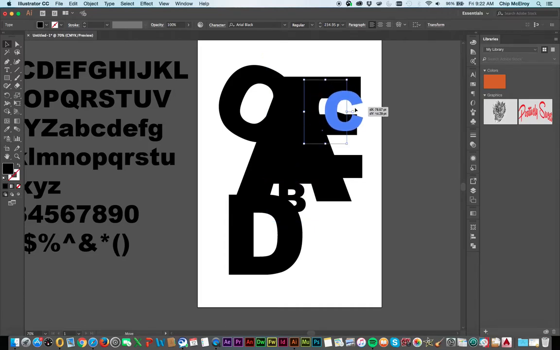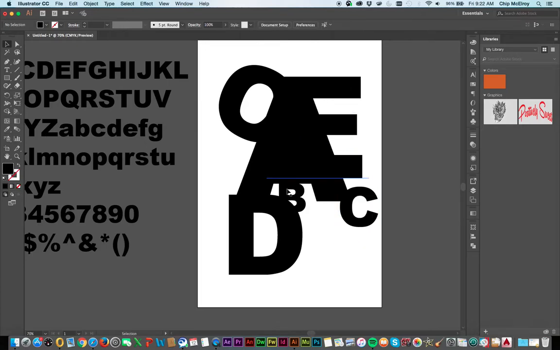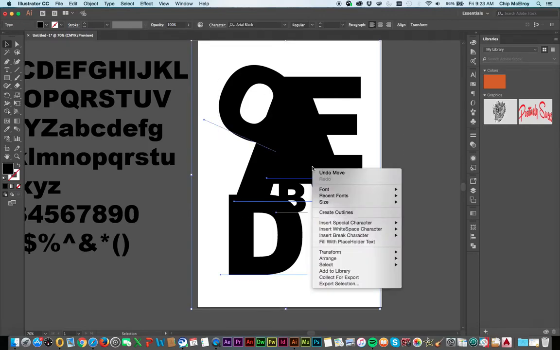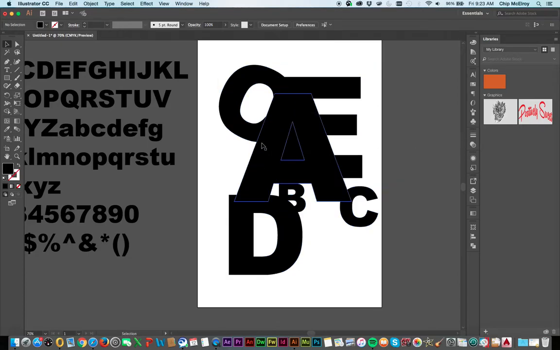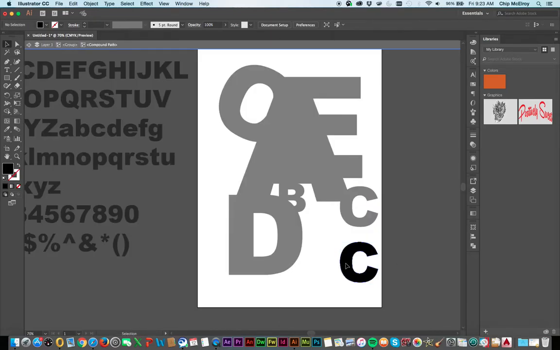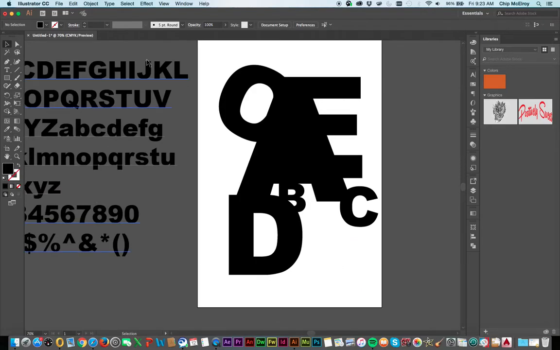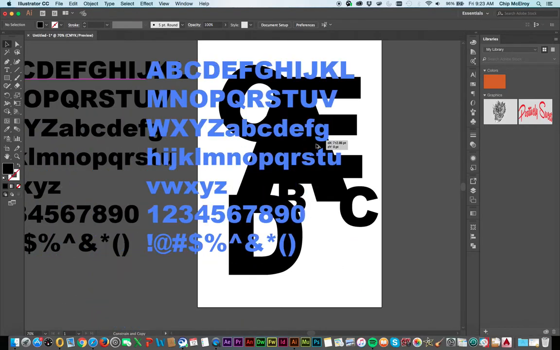So now maybe I can do something over here. And now that we have those in place, let's outline them. I just right-clicked so that I could create outlines. The reason I wanted to do that was because maybe I want to, let's take this,